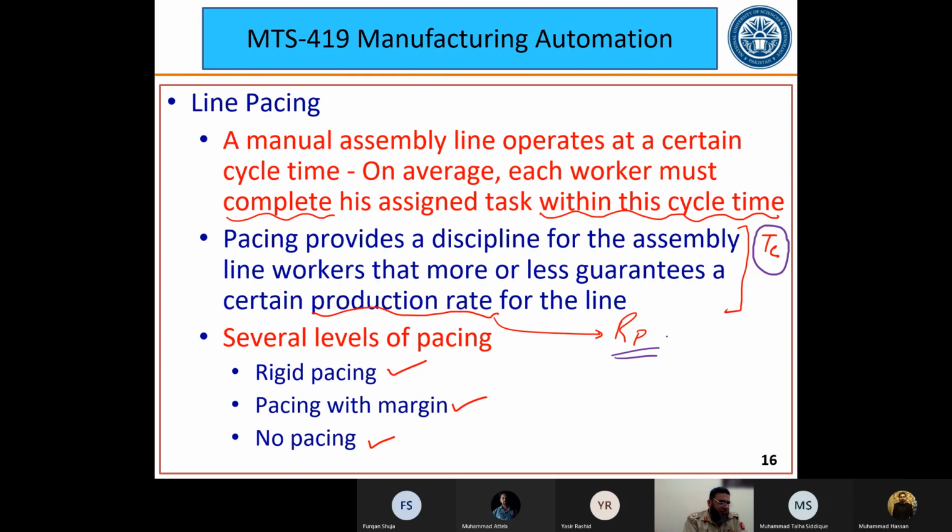सो अगर मैंने रेट ऑफ प्रोडक्शन इंक्रीज करना है तो इसका मतलब कि मुझे टीसी को रिड्यूस करना पड़ेगा, या किसी वजह से मेरा टीसी इंक्रीज हो जाता है तो मेरा रेट ऑफ प्रोडक्शन will be reduced, तो ये डाउन हो जाएगा। सो अब हमने मुख्तलिफ किस्म की लाइन पेसिंग की बात करनी है कि रिजिड पेसिंग। रिजिड पेसिंग क्या चीज़ है कि मैंने एक टाइम सेट कर दिया और उसके बाद मैंने कहा कि यार इसी टाइम के ऊपर, और that time is equal to